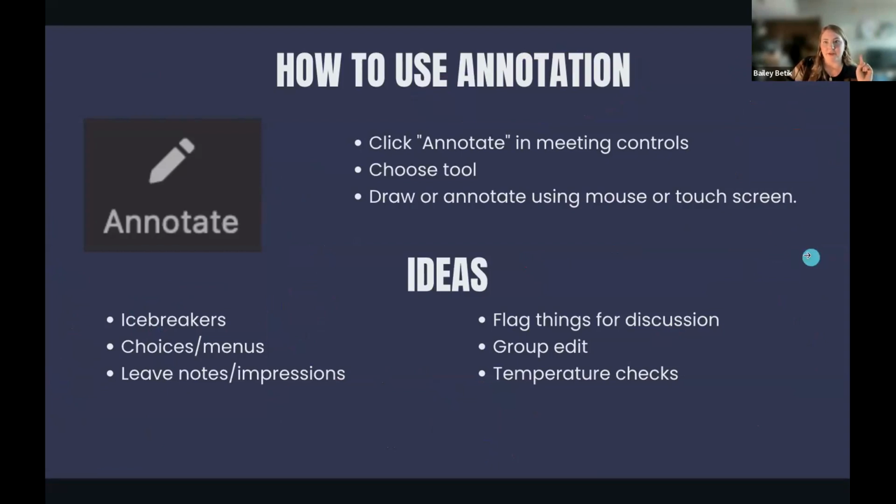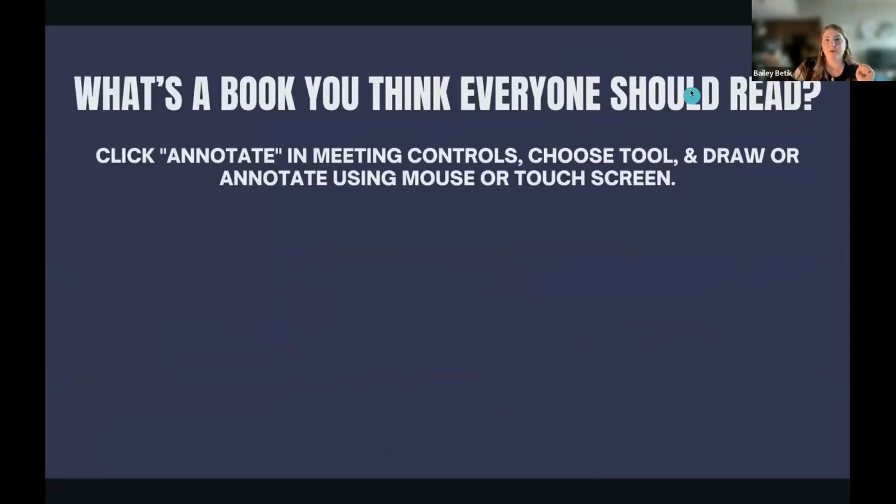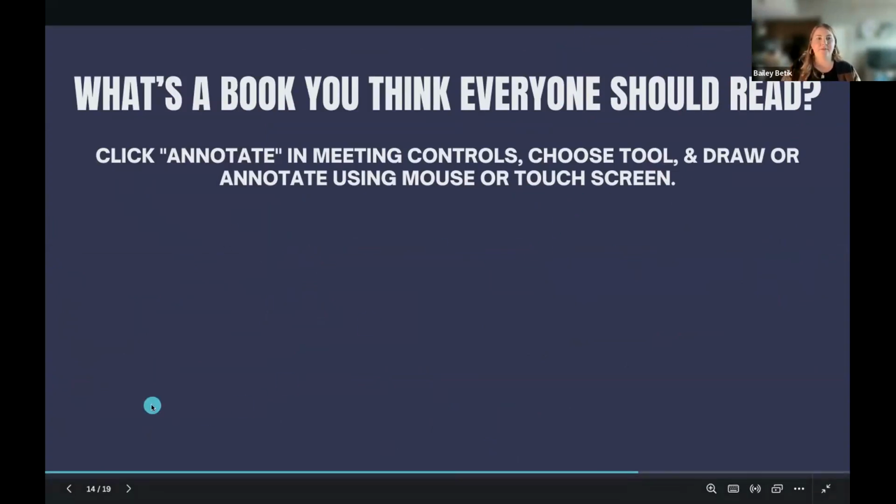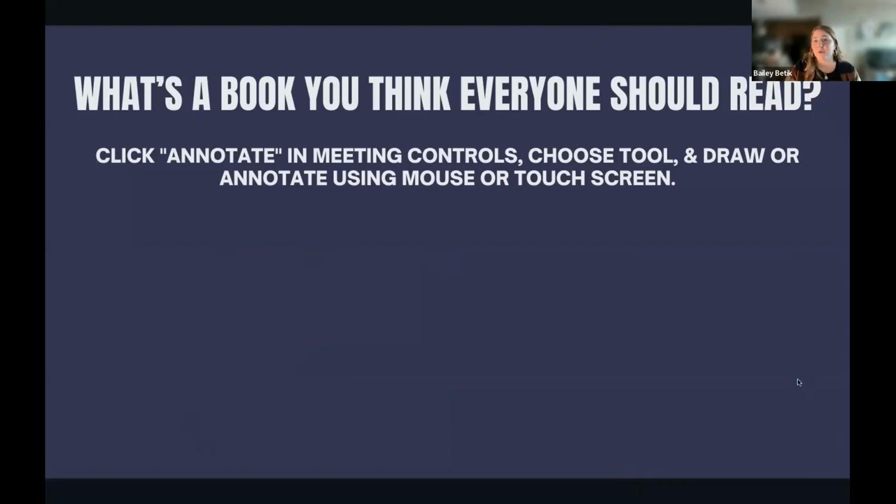Don't worry, we're still going to annotate. So I want you to use the annotate function to tell me what is a book you think that everyone should read. You can type it in, practice using the text. You can draw it out if you want to. Just the next couple seconds, just type in a book you think everyone should read. And if you haven't practiced using the text functionality yet, when you are